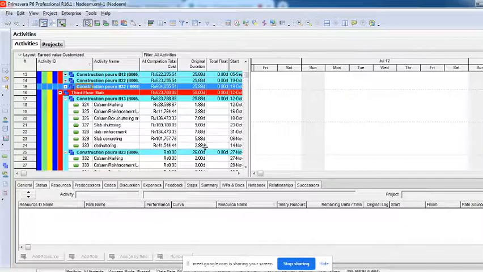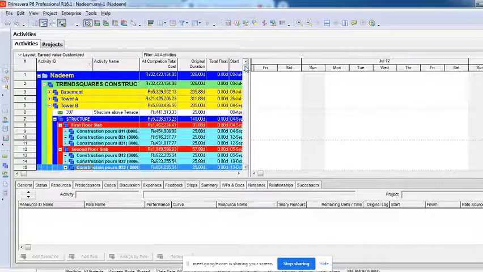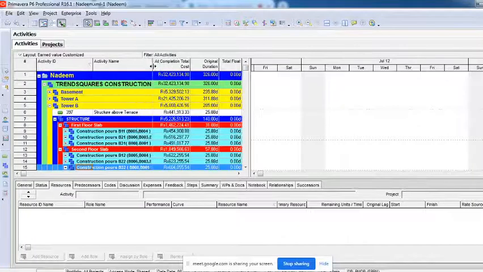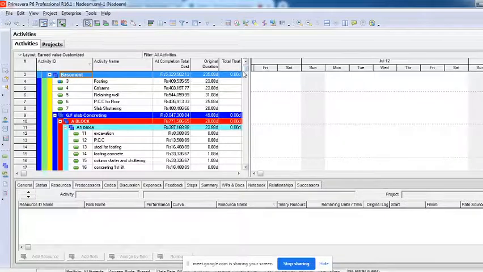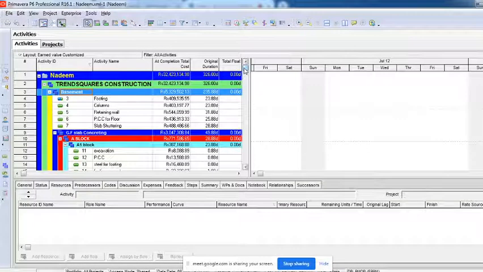Okay. Trent Square construction was a construction of a building named Trent Square. Everything is there in this, which is why I looked for a lot of things. But this is an imported project, so lots of things might not be available. Some activities might be missing. It's just a highlighted project, not a detailed plan.